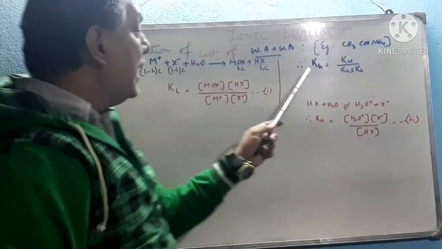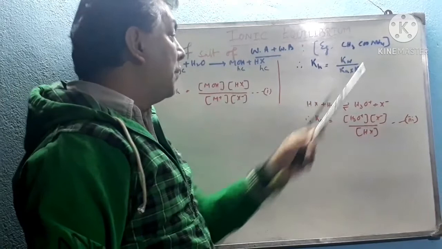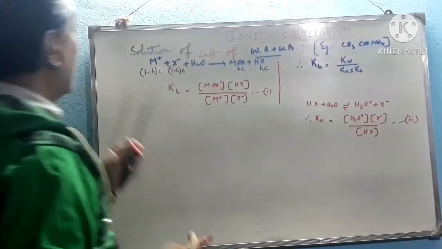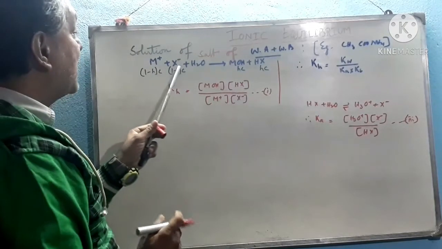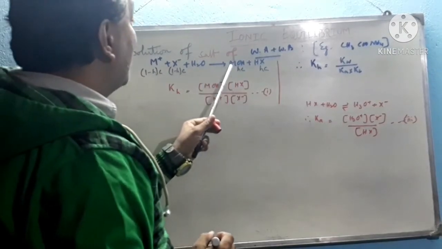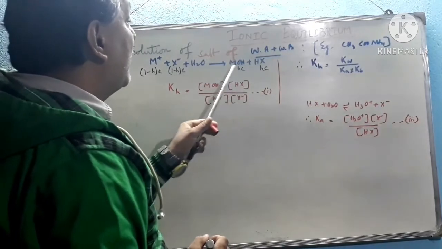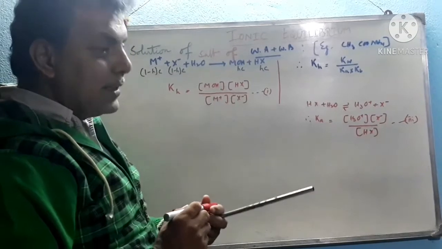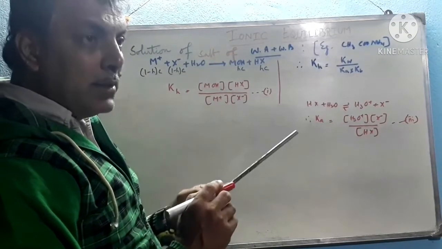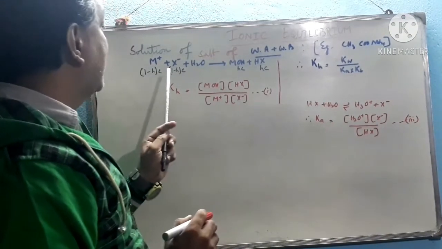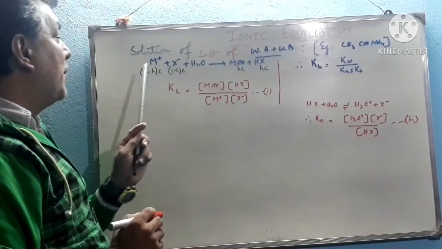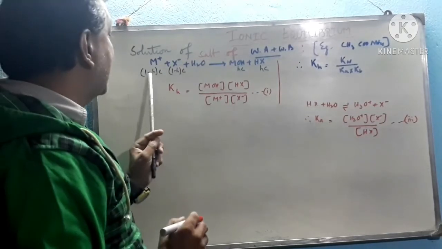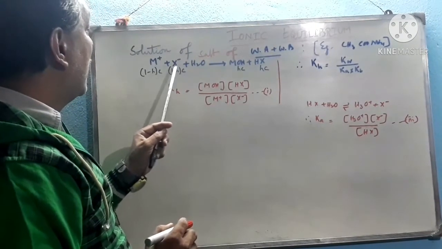Now see this, Kh equal to Kw by Ka into Kb. Already you have proved this. For this salt, M plus X minus plus water, it forms MOH plus HX. Both of them are weak base and weak acid. So the initial concentration of the salt is taken as C molar, but the final concentration at equilibrium becomes 1 minus h into C, where h is the degree of hydrolysis. 1 minus h into C is the concentration of M plus,